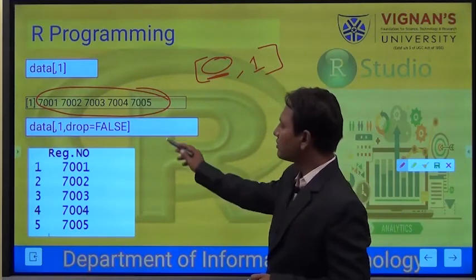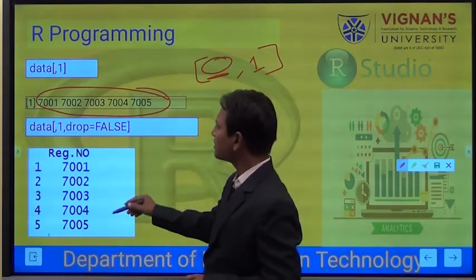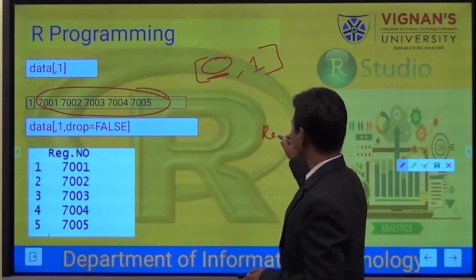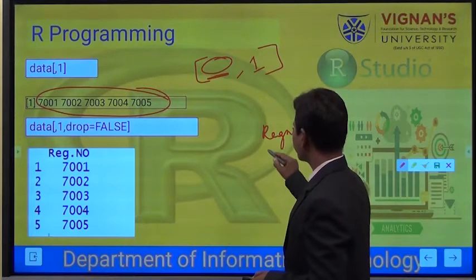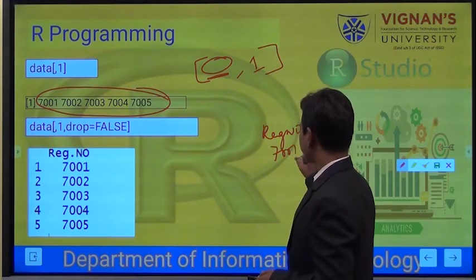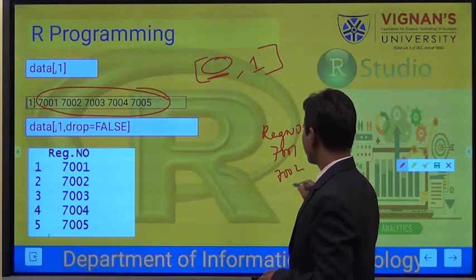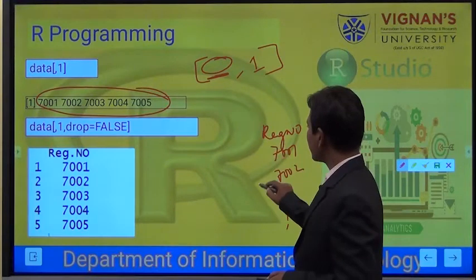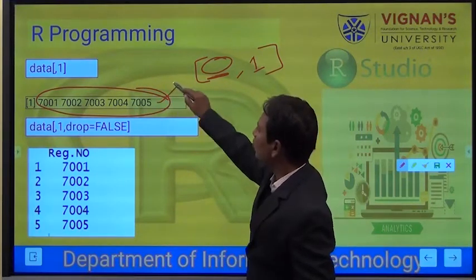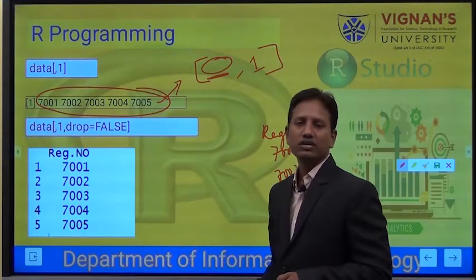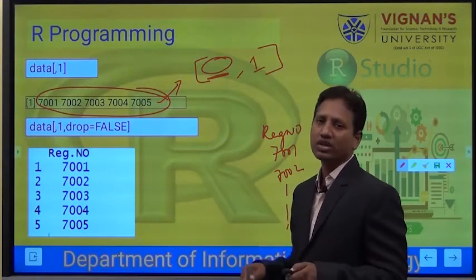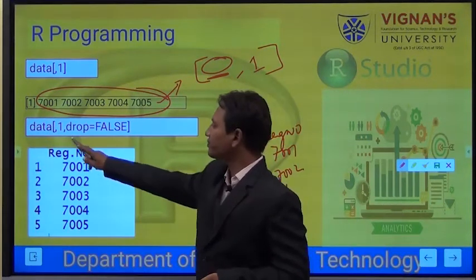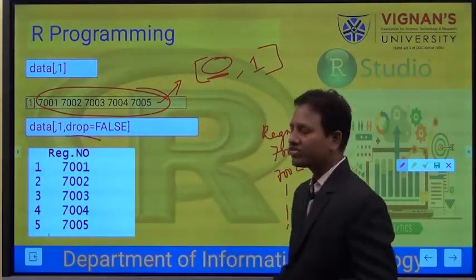And in this example the same thing we have kept, but generally our register number column looks like this, 1, 2 and so on. But this data is given in this row manner. If I wanted to show it in column manner, we have another argument called drop.